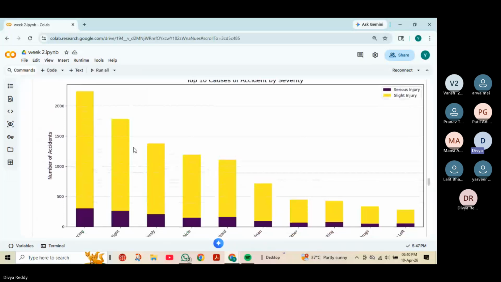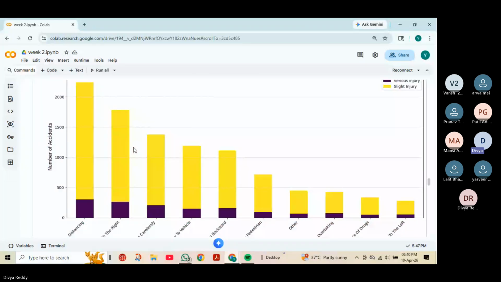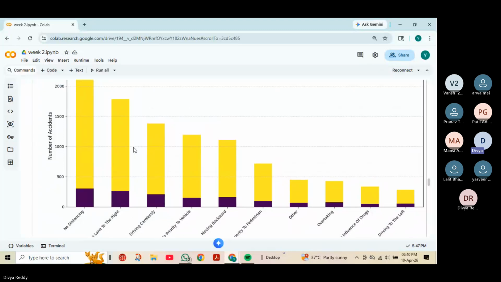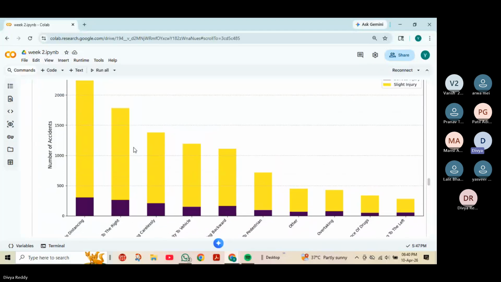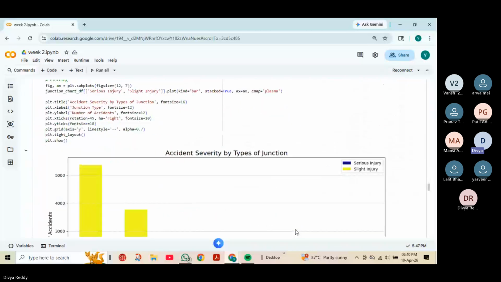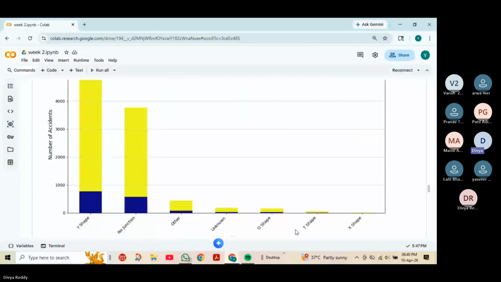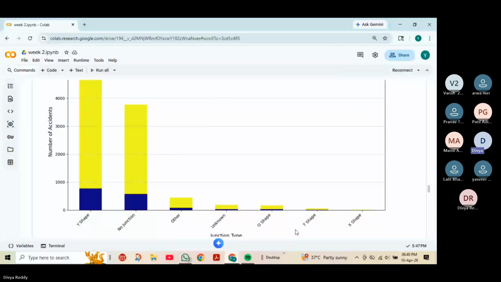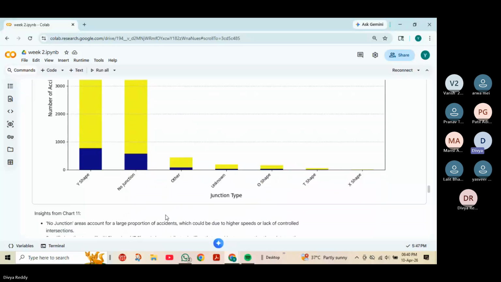This can be used for preventing accidents by looking at these causes. So we can see no distancing, changing lane to the right, and like that. Some reasons are there for the accidents, so we can prevent them. And accidents by types of junction. This helps us understand which type of road alignment causes more accidents. Here we can see that Y shape and no junction have more accidents, and then we go to